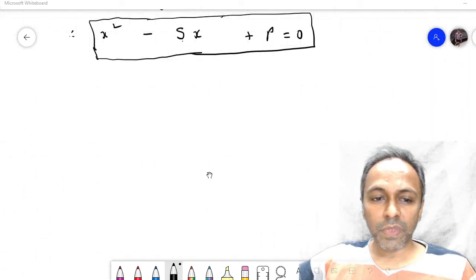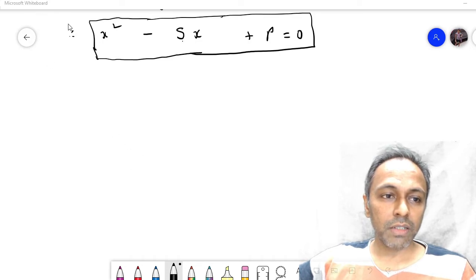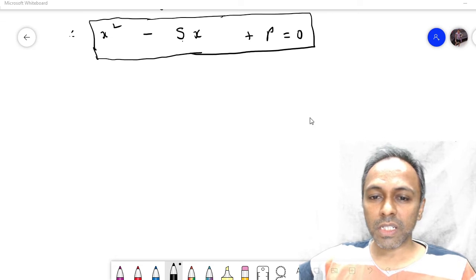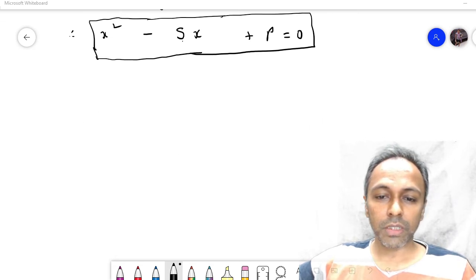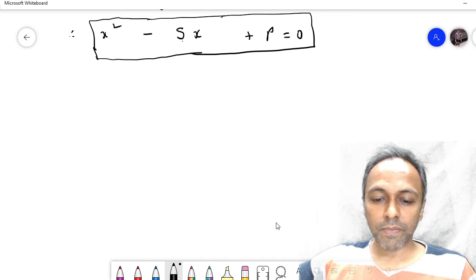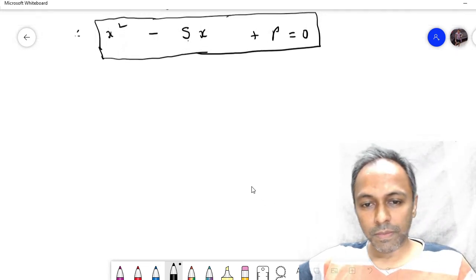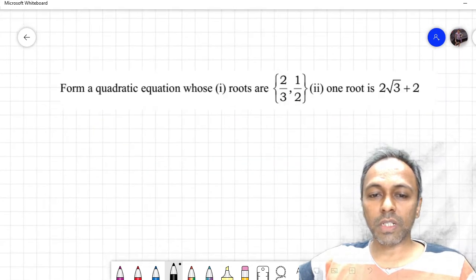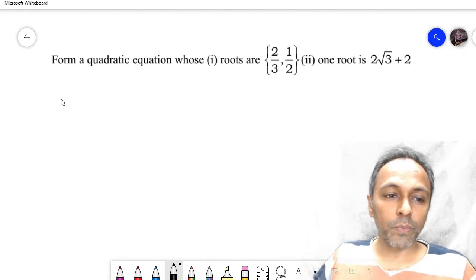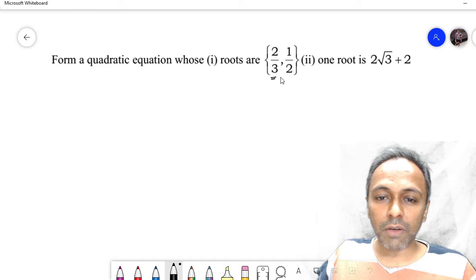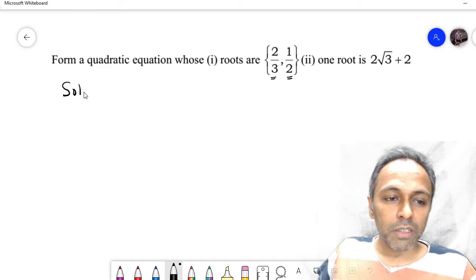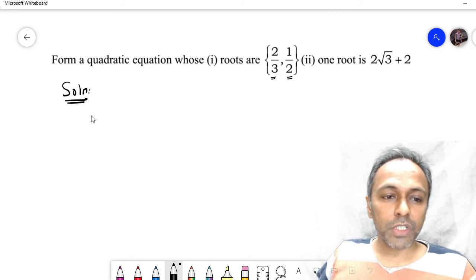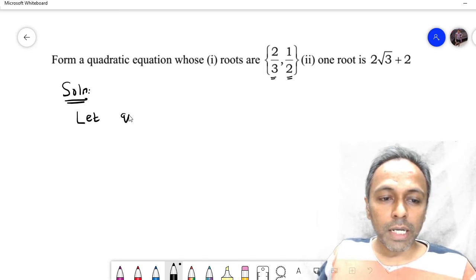Let us take an example to understand what we are trying to say. Say we have a question, say like this. The question is: form a quadratic equation whose roots are 2 by 3 and 1 by 2. So this is like alpha and this is like beta. So in this question, you want to form the quadratic equation. So let the quadratic equation be